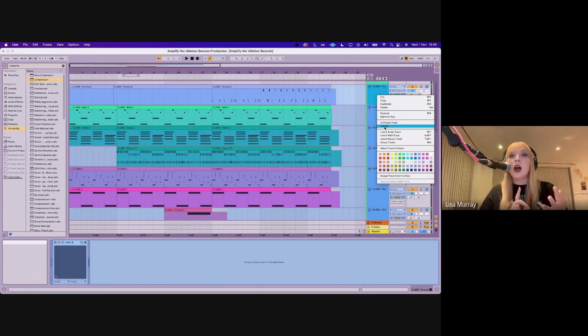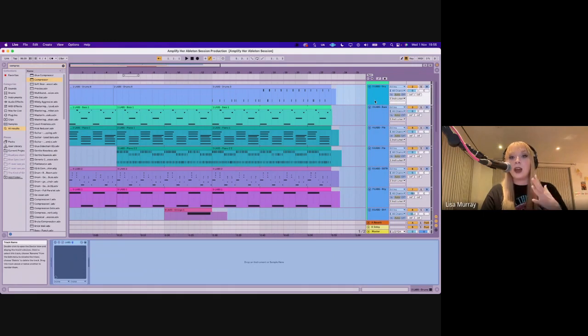Because MIDI and plugins are virtual instruments, while you're recording your vocal, Ableton is reading the information and playing back the sound, and it's doing a lot of work at one time. So if you can freeze things, flatten things, it should help with latency and that kind of thing.